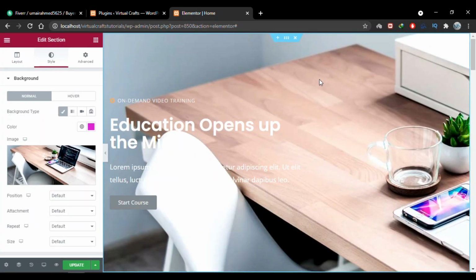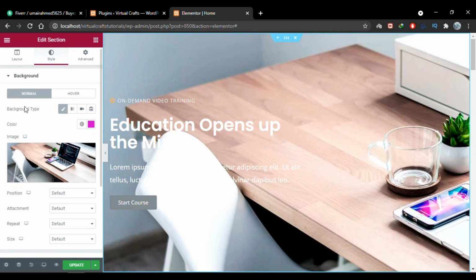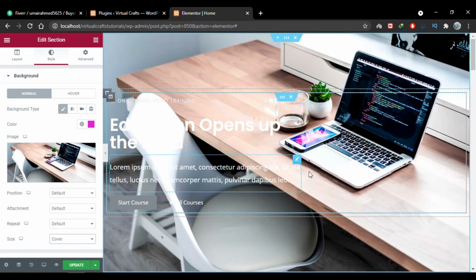Okay, now this picture has been added as my background, but as you can see the content is not clearly visible and the picture is not full. As you can see in this left editor panel, the image is full, but in this section background it is not viewed as full. So we have some settings for that. In this background tab you have the last attribute size, and in this drop down change the setting from default to cover, and now you'll see that we have a complete image in our background.